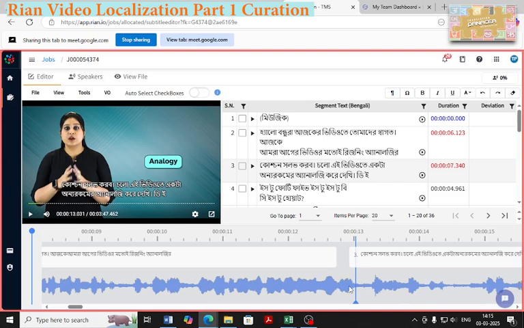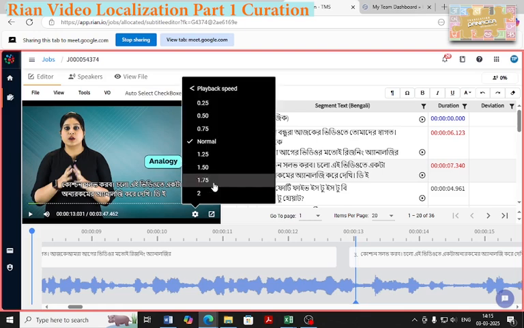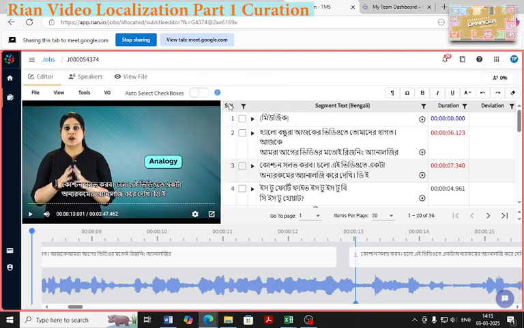So this waveform, like I said, is going to help you to see where the dialogue starts, where it ends, or if there is a pause or a break in the dialogue. If you cannot exactly pinpoint the starting or the ending of a dialogue, you go to settings, you go to playback speed, you go to 0.25. This will slow down the audio for you to accurately timestamp it. For example,